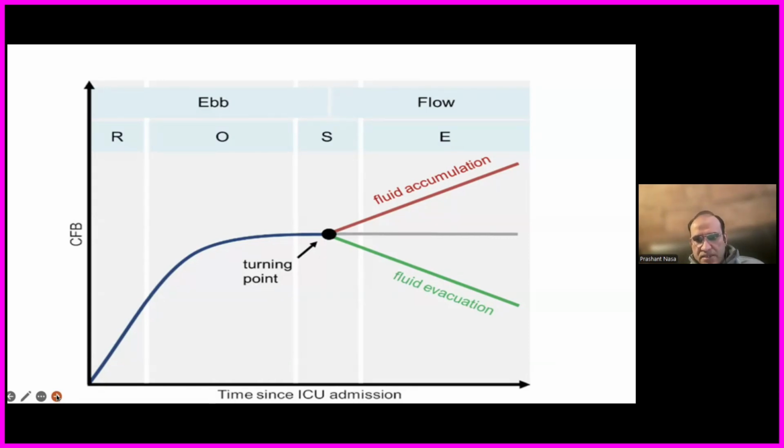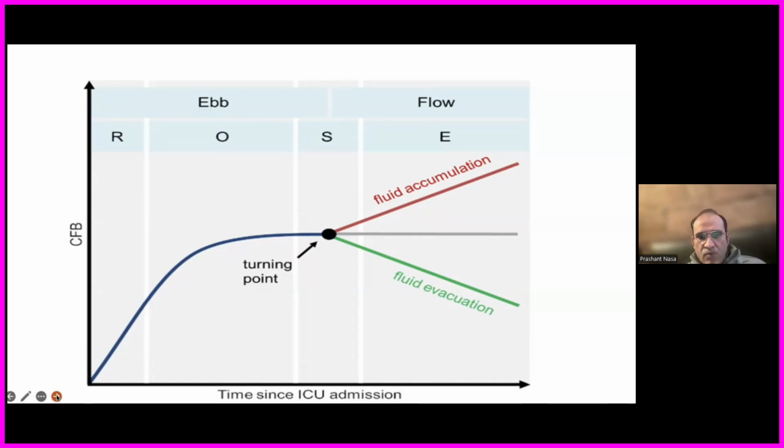So these patients are the ones which ultimately develop fluid accumulation, and partially this is also contributed to by the way we manage these patients, by giving fluid resuscitation or continuing to give fluid rather than de-escalation. And some of these patients may actually benefit by doing not just de-escalation, but also de-resuscitation, which is simply removal of excess fluid in these patients.